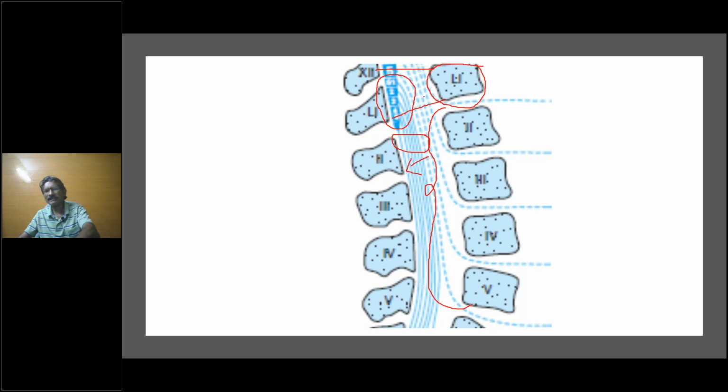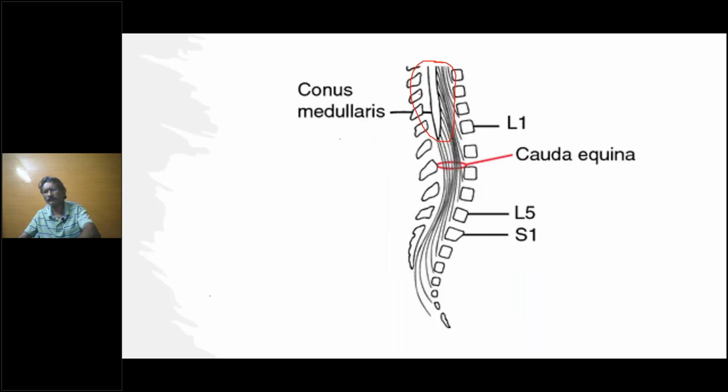Okay. So basically, it has a predominance of sacral fibers, which do not play a big role in motor function. But it plays an important role in bladder function. Just remember like that. So the lower part of the spinal cord is the conus medullaris, which predominantly has the sacral segments and plays a role in sacral segment function, mainly the bladder, and doesn't play a significant role in motor function. Whereas cauda equina, you can see here,